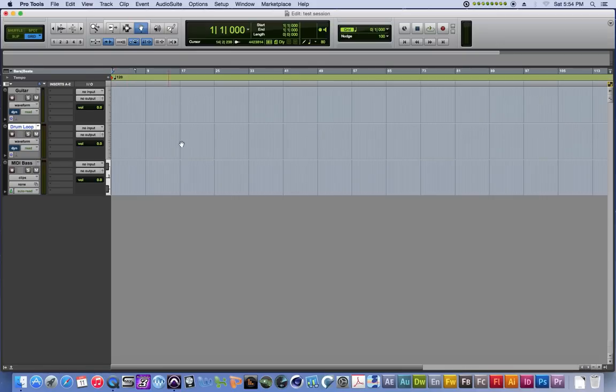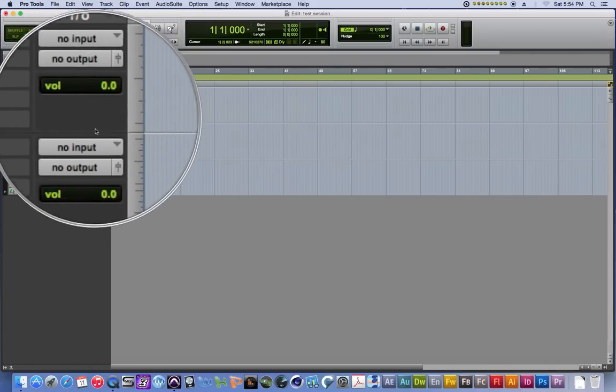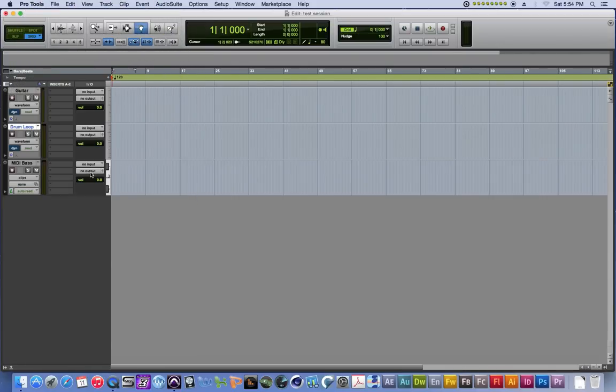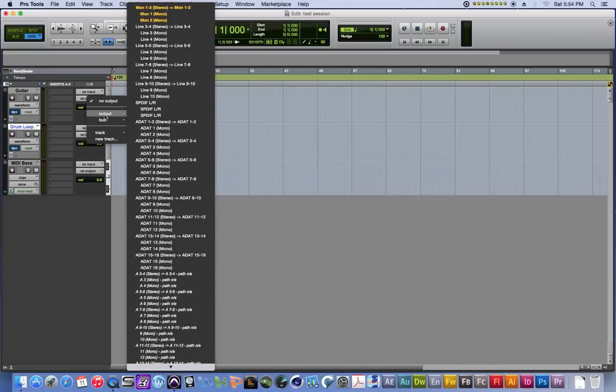Since we reset the I/O, the tracks have gone gray and the I/O section on the track header says no input, no output. So now we just need to assign the correct inputs and outputs for each of our tracks. Let's assign the output first. You click on the Output tab where it says no output, go to Output, and then choose Monitor 1 and